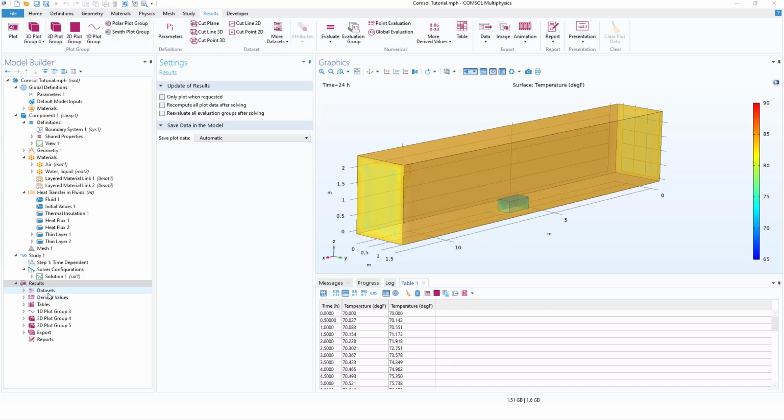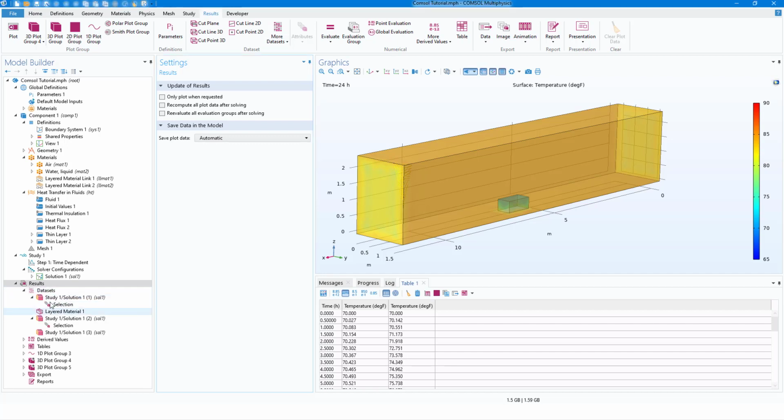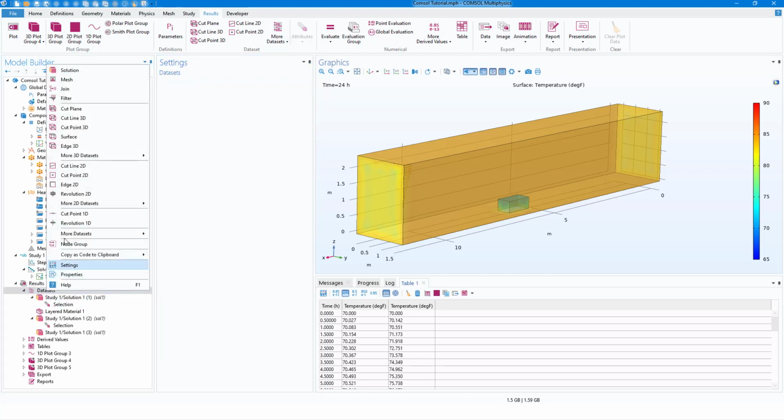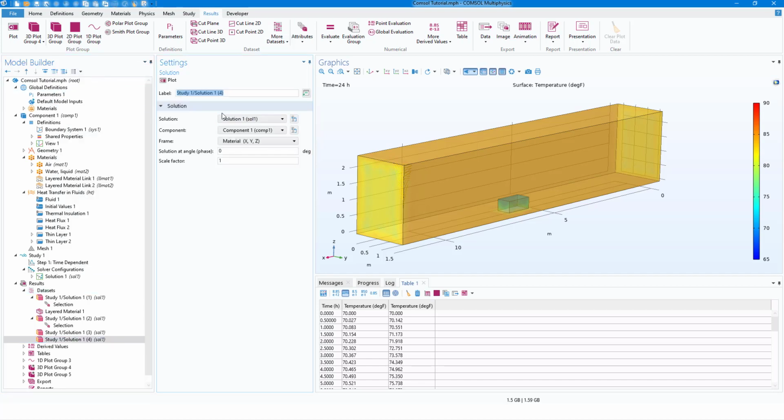There are a few things I need to go through. First of all, there are some options here. I will start with data set. I have already added some data sets. To add these data sets, we have to right click on the data set and click on solution. Then we can click plot,